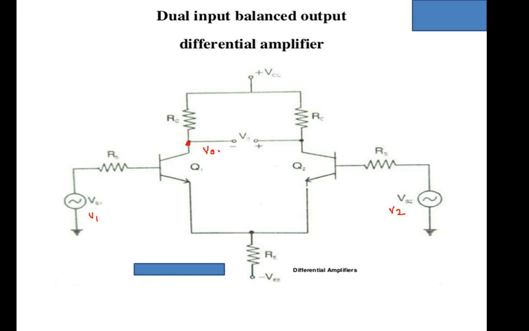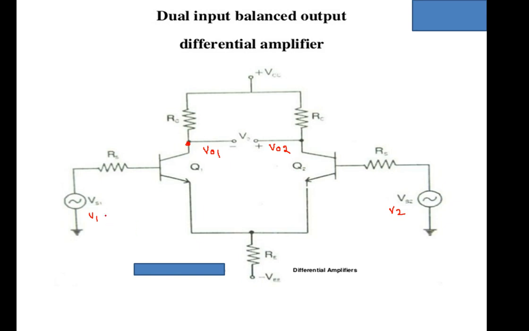The first output is V01, let us say, the second output is V02. So here we are applying the two inputs and we are taking the output from the two collectors. So that's why it is the dual input balanced output differential amplifier. Let us say, in order to analyze the circuit,